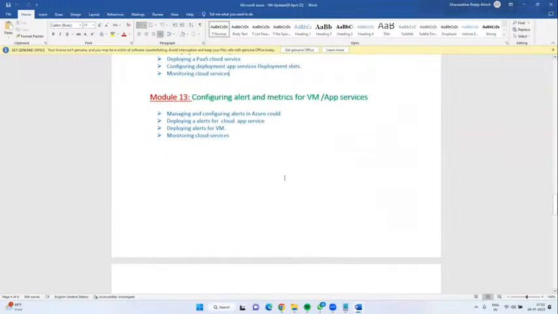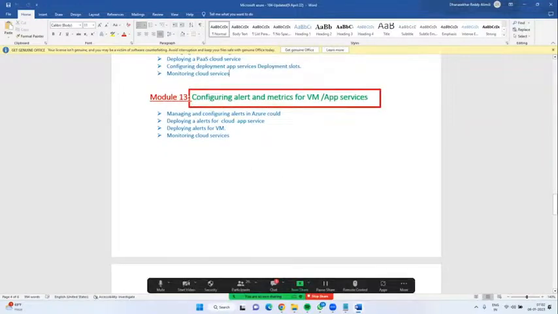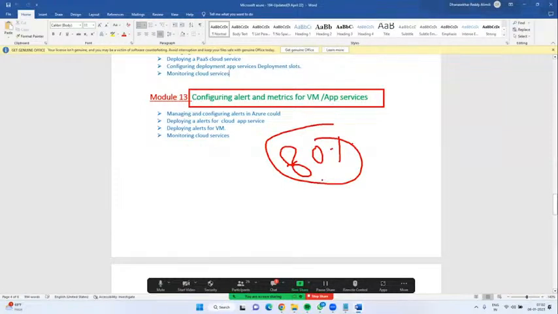Module 13, configuring metrics. Metrics in the sense monitoring. For example, there is a virtual machine. If CPU utilization crosses 80%, it should trigger an alert.